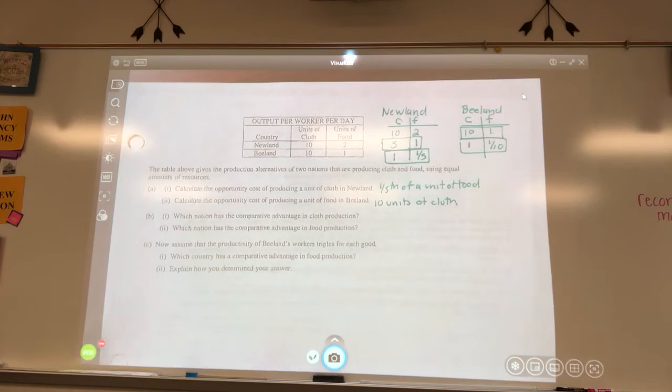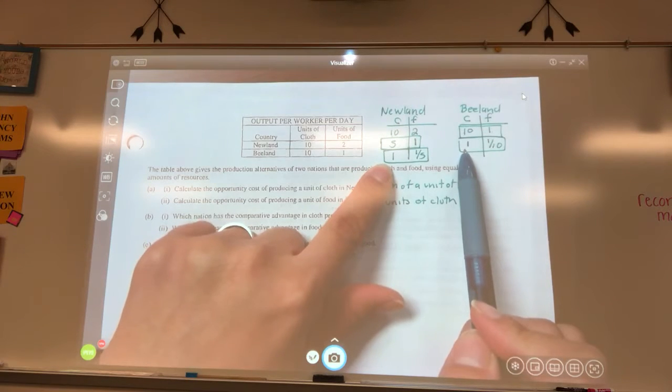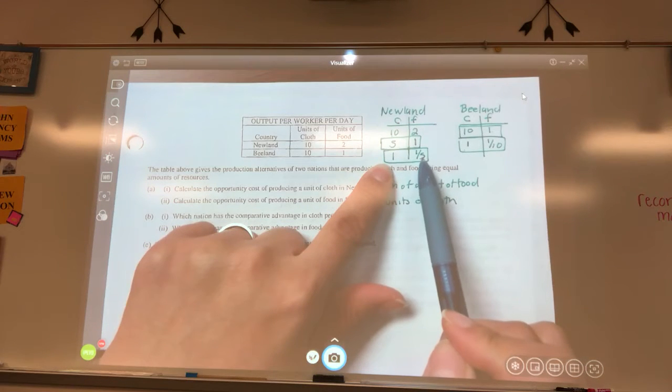Okay, this next one. Which nation has the comparative advantage in cloth production? So I need to look at where cloth is what? 1. So here's where cloth is 1. Okay. Newland gives up 1/5 of,